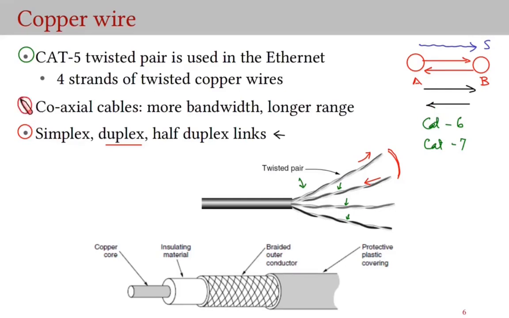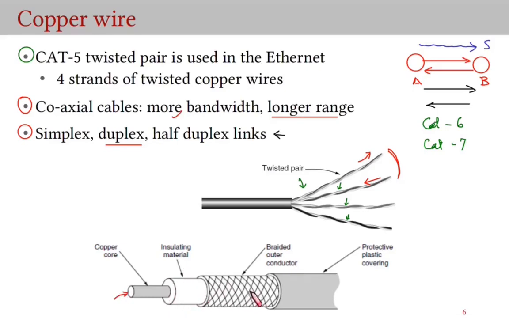Coaxial cable is another very common copper link. Coaxial cables have much better protection from noise than Cat5, and therefore they have much longer range. They can go up to 1 kilometer. They also tend to have more bandwidth than Cat5 cables. Coaxial cables have a stiff copper wire at the center, followed by an insulating material,